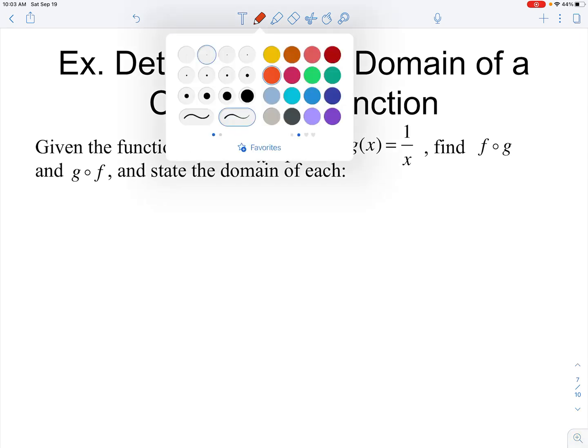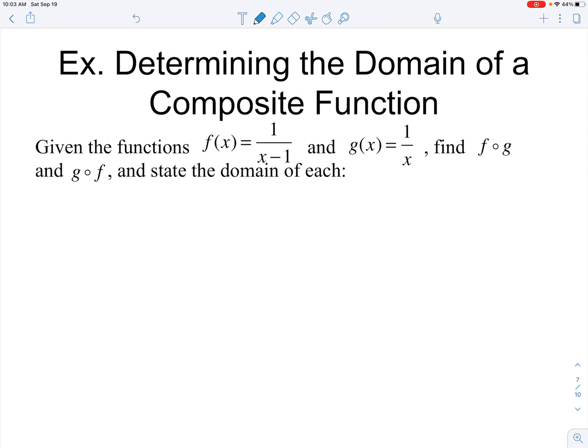Okie dokie, so let's look at another example. Notice that we have two rational functions here, two functions that are written as fractions, so we know that we are going to have some domain restrictions. The domain of each of those functions is not all real numbers, right? We have to exclude some real numbers from the domain, so we will have domain restrictions for the functions that we create from composing. So let's find each of F composed with G and G composed with F and state